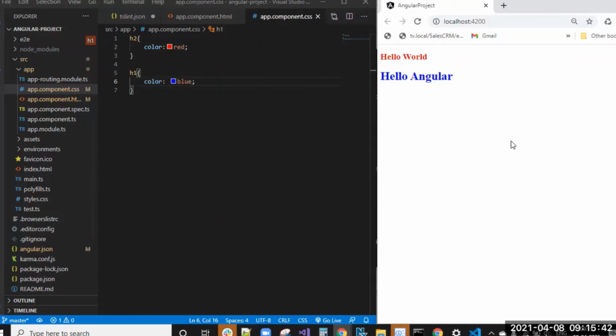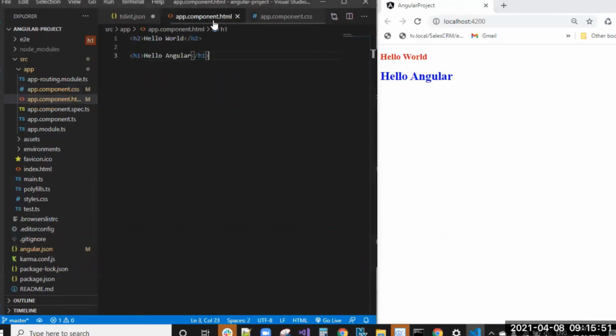That's it, guys. That's it about Angular, how we can run an initial project, the hello world application. So how the process will start is, first it will come to the main.ts. There we have seen the bootstrap of app module. Bootstrap is nothing but to start immediately while this file is loaded. You can start the app module.